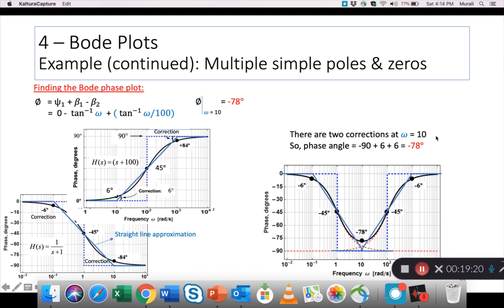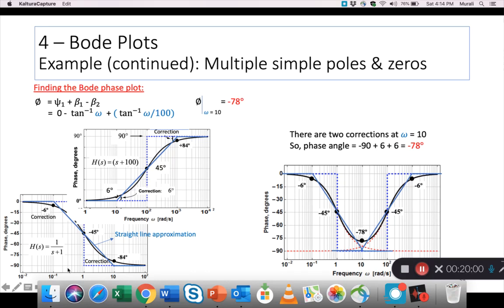This is to find the phase plot, right? So far what we have done is the magnitude plot, and now what we are going to look at is the phase plot. So the phase plot again has three components, right? The constant term, the first term because of the pole, which has a minus factor, and then we have this which because of the 0, and that comes with a plus factor. Okay,